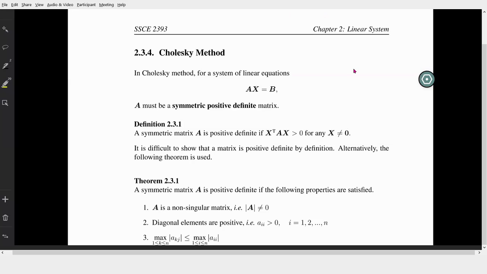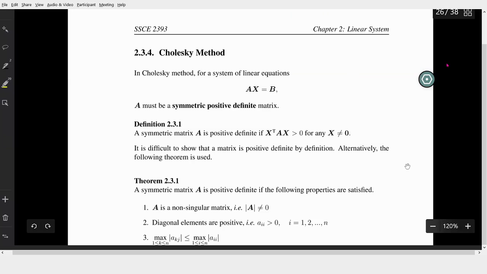So Cholesky asks in the test, in the exam, okay, because few things can be asked in the Cholesky rather than just that simple Doolittle and Crout. Okay, compared to those two, this one will be more interesting to be asked. Okay, banyak benda sikit boleh ditanya. Alright, so for the Cholesky,